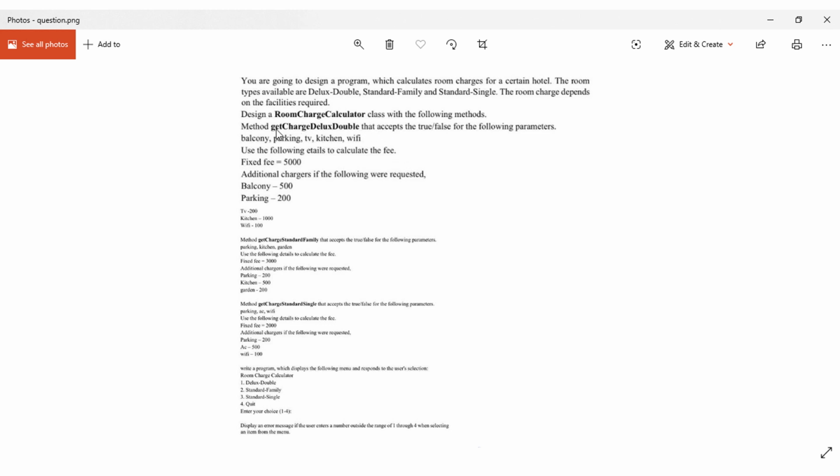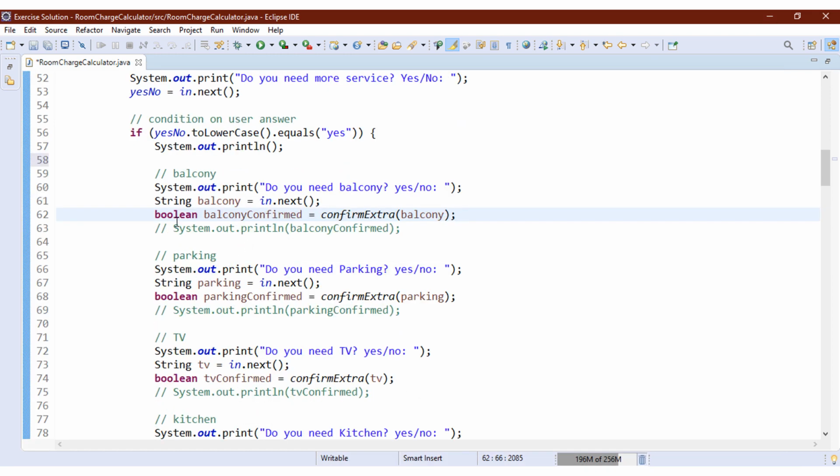The getCharges deluxe double method accepts a true or false variable. That means it accepts only a boolean variable in parameters. So when we pass the parameters, it will provide only true or false. We can't send the price in the parameter. We can only send true or false. So for that I create a method for the user confirmation, confirmExtra, and pass the parameter balcony. Okay, let's take a look at the